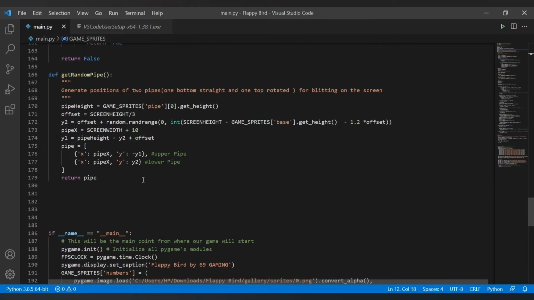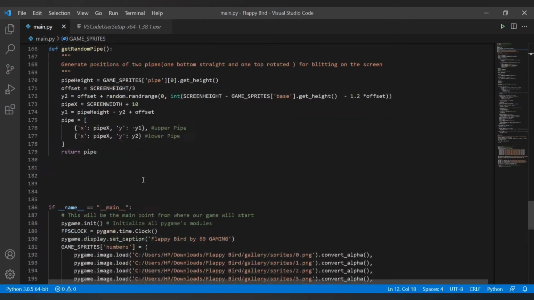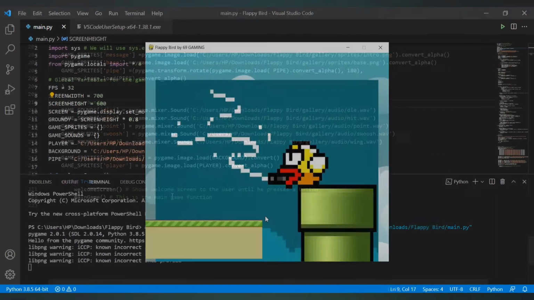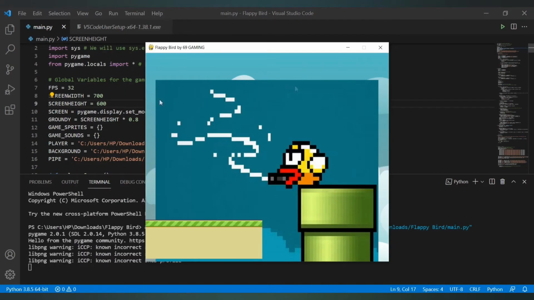the get random pipe function gives the random size of the pipe in the game. When we run the program, we will get the game screen here, and when we press the spacebar key,